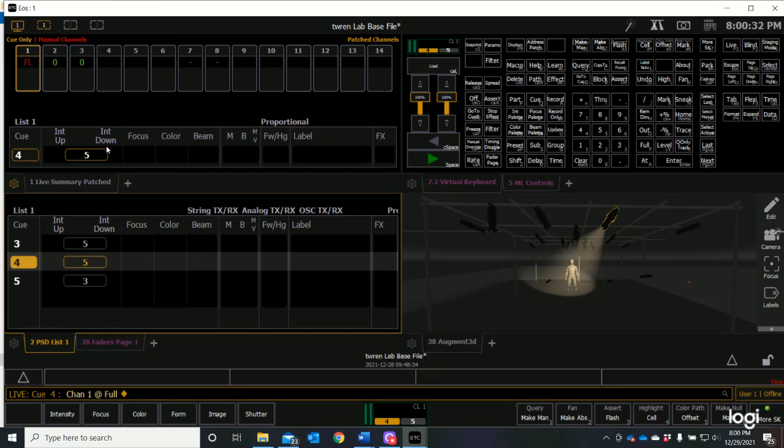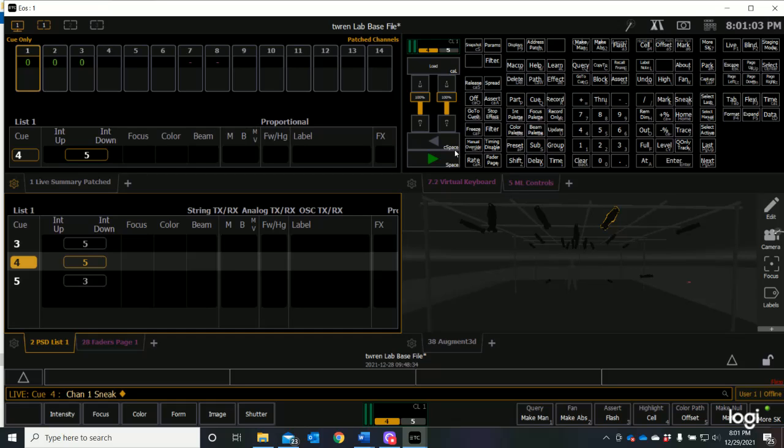So that turns channel 1 on to full. Let's say at 50, enter. Now it's at half, right? And I just decide that I really don't want that change. I want it to go back to what it's recorded as, what it was before I ever started mucking around with it. And if I just say sneak enter, you'll see that channel 1 just goes back to whatever its recorded value